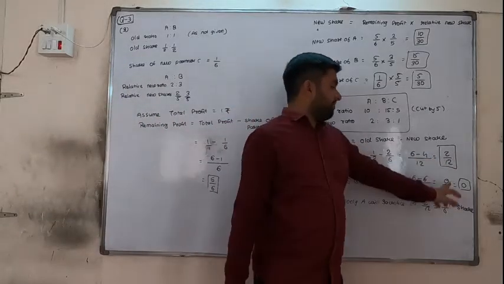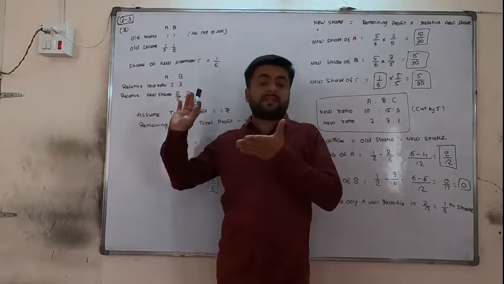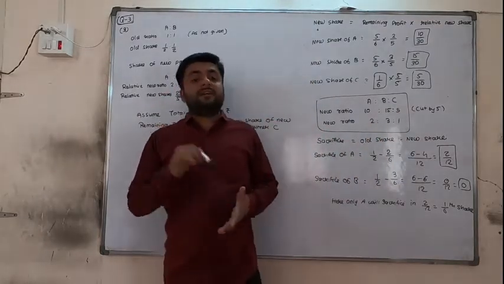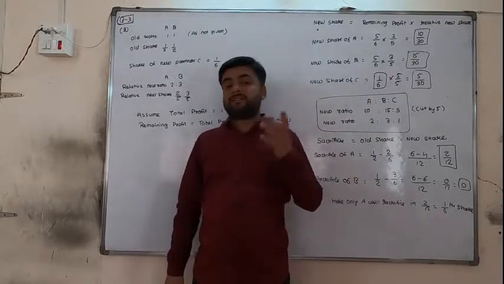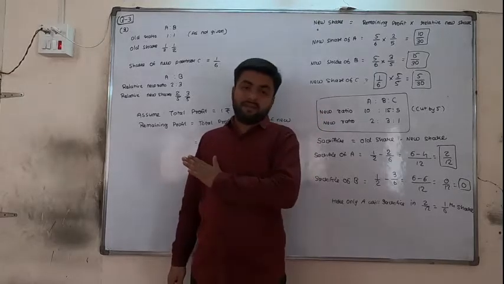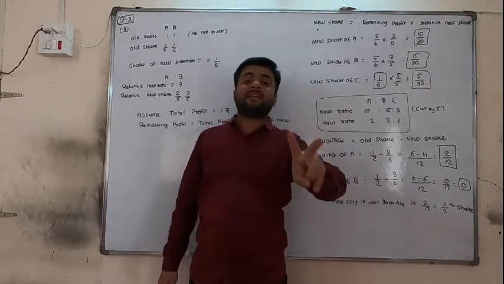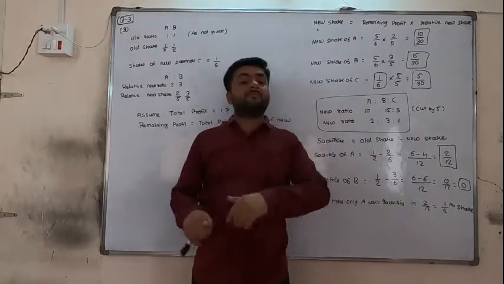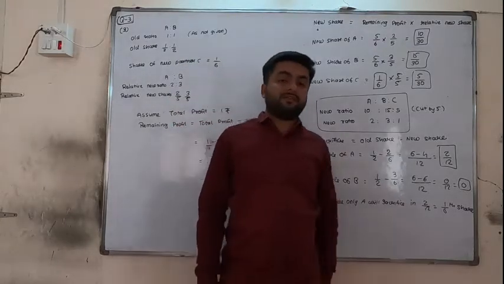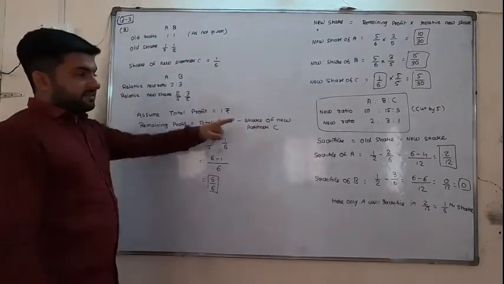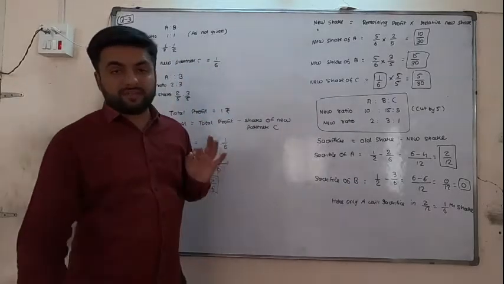Otherwise, by adding these two, we can also get the share of this partner, because as we have seen from the starting of the chapter yesterday, if the profit is 30,000, divided in equal parts it is 15,000. Now if there are three partners, then 30,000 will be divided as 10, 10, 10. Now see, A and B, from 15 they are getting 10, so both are getting 5,000 less. Thus 5 and 5,000 will be received by C. So you can cross check this thing. This thing is very possible and very clear also. Yes. So in this sum the new ratio is found, and also the sacrifice ratio is found, but here only A is sacrificing. So our case 2 is over.